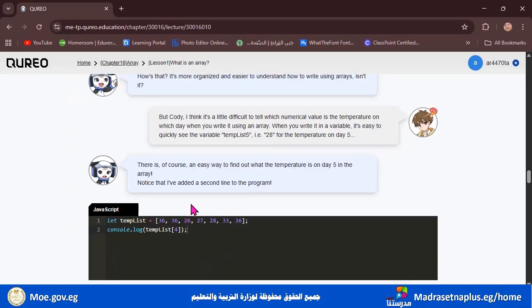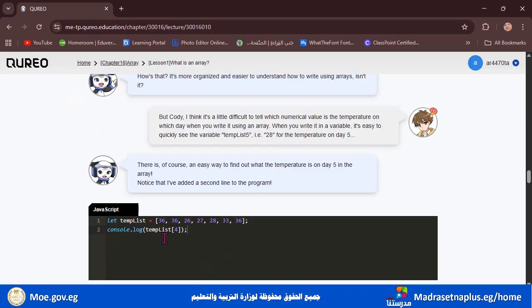So Cody answered Ricky and says, well, there is of course an easy way to find out what the temperature is on day 5 in the array. Notice that I have added a second line to the program. Look here, he added console.log, opened the parentheses, and wrote temp list.